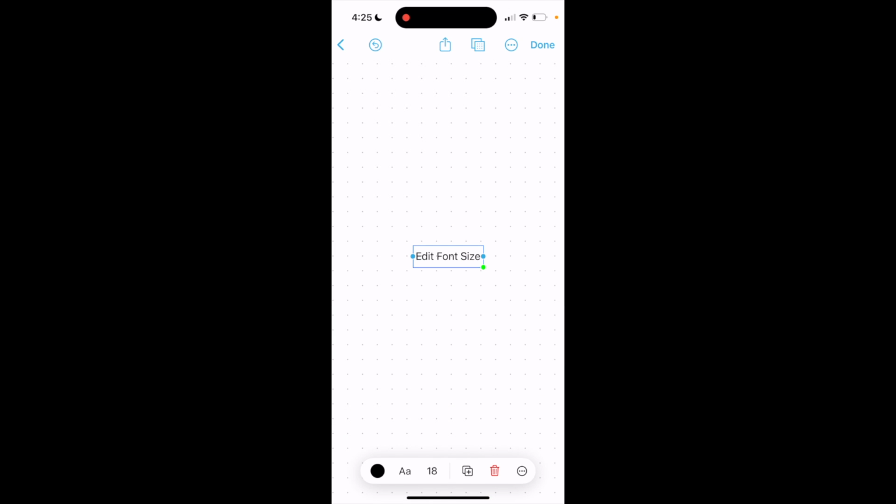Now, there's two ways you can actually do this. The first is to press the text box and then press this little green circle in the bottom right. If you press and hold on that, you can make the text larger or smaller this way. So that's one way. But if you're looking for a specific number of font, instead of just ballparking it,